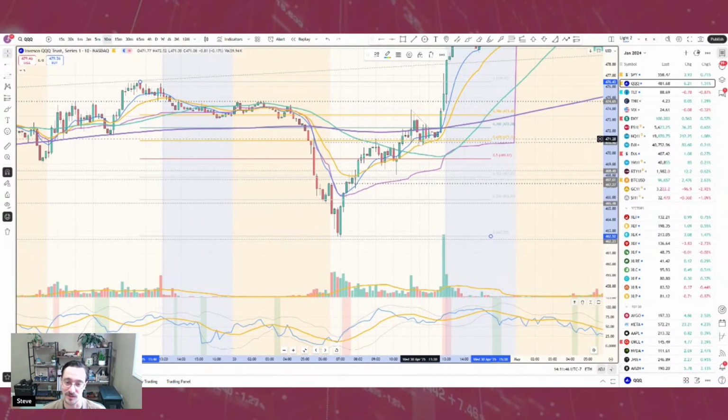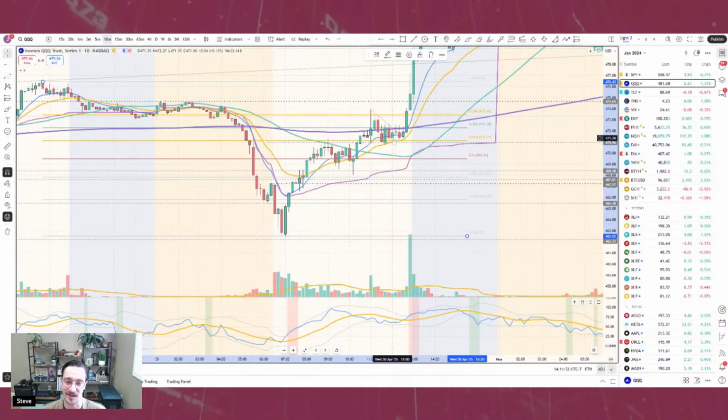So I was nibbling some here, and it was just hanging out, and every time it came down and showed it didn't want to go lower, I was just adding a tiny bit, and my stops were just right under this low here. So you can really manage your risk with these Fibonacci levels